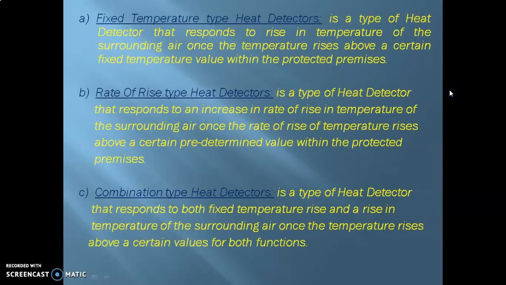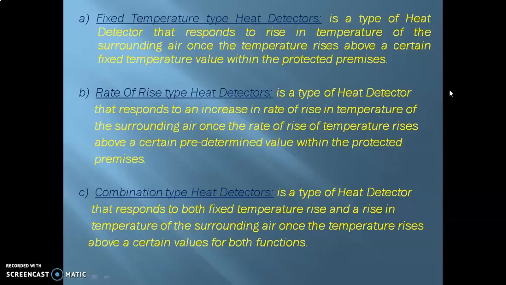So, all right, let's discuss the first type of heat detectors, that is the fixed temperature type of heat detectors. Now, these are the kind of heat detectors in which there is already a preset temperature within these heat detectors. Now, what happens is that if you're using a fixed temperature type of heat detector within a protected premises, and let's say the fixed or preset temperature is 135 degrees Fahrenheit, that is approximately 57 degrees Celsius.